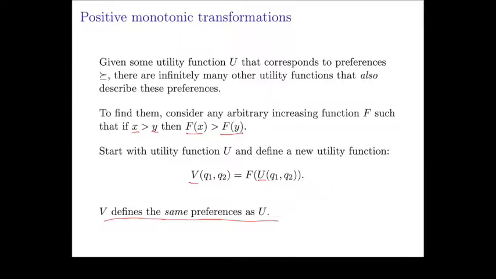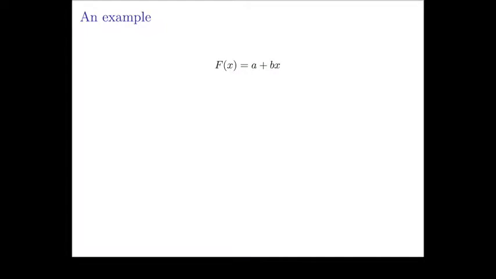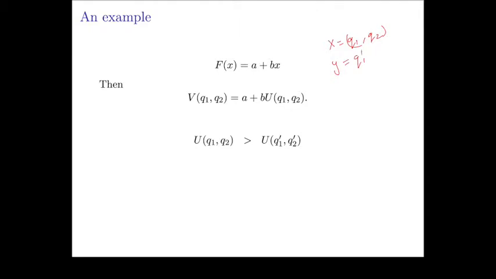So let's take an example of this to make things clear. Let's take this particular form of an increasing function, where a doesn't have to be positive, but b is positive. So then, according to our definition on the last slide, v of q1, q2 would just be a plus b times u of q1, q2. Well, if we have two bundles, x is q1, q2, and y is q1 prime, q2 prime,